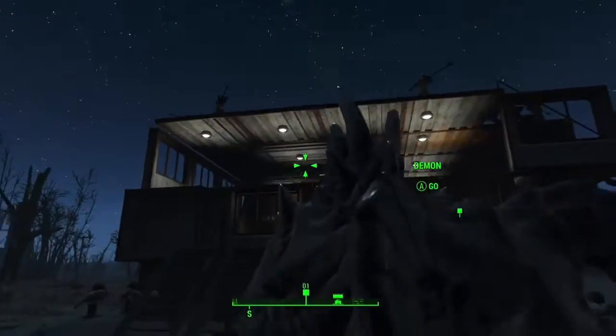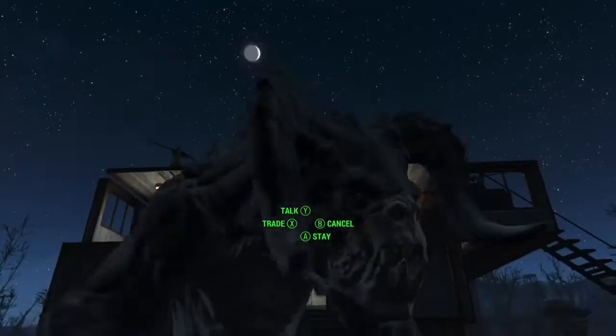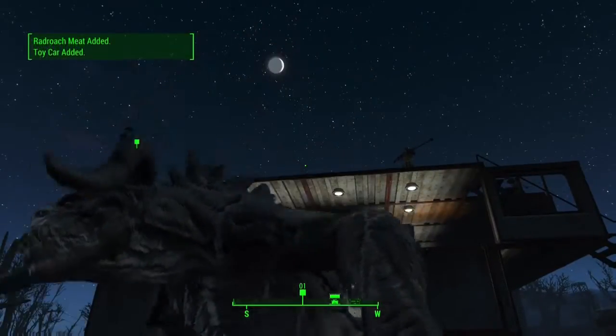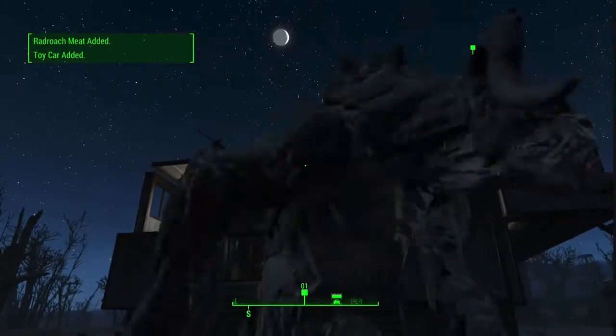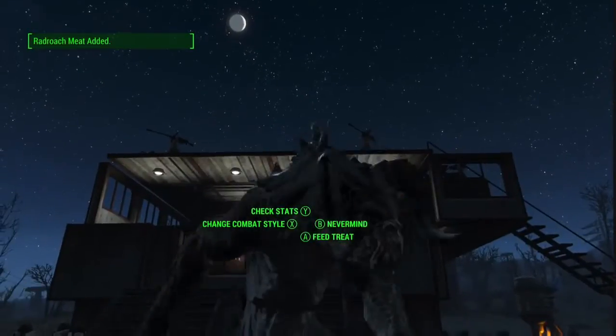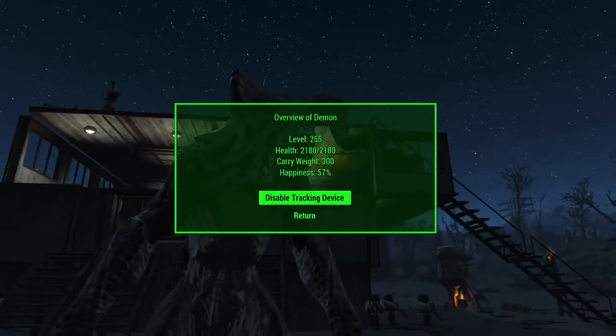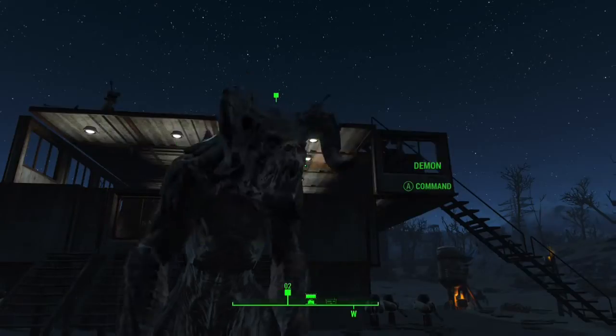As you can see, there are some issues with it, as there's a certain area you have to get to be able to actually talk and all that good stuff. As you can see, they move around. They still have their animations, which makes it a lot more difficult. But as you can see here, my Demon is level 255, has a ton of health,